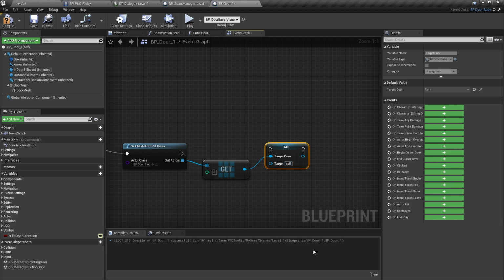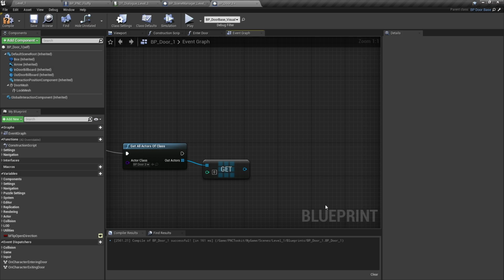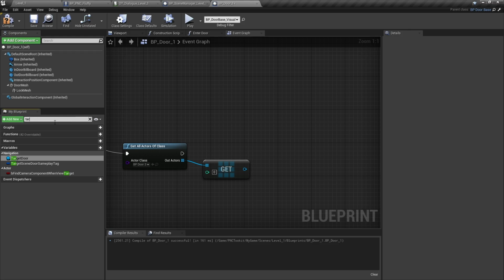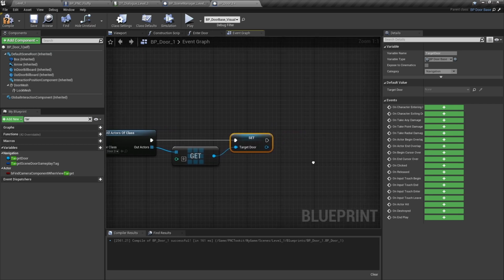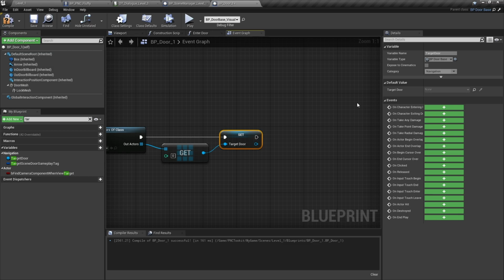Why does it have target there? That's not right. Okay, in our variables, let's look for target door. Let's just drag it in from there. Set. There we go. Drag this over. Connect that. And then we want to